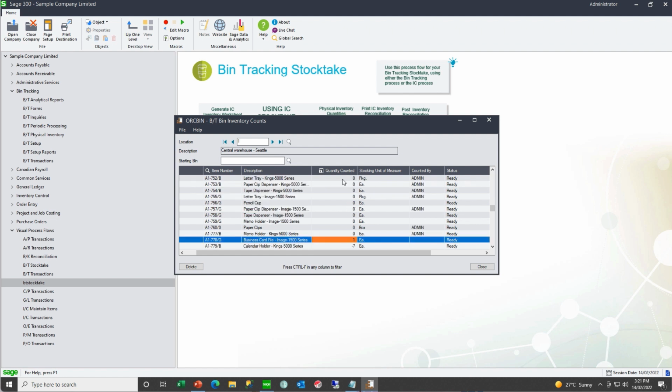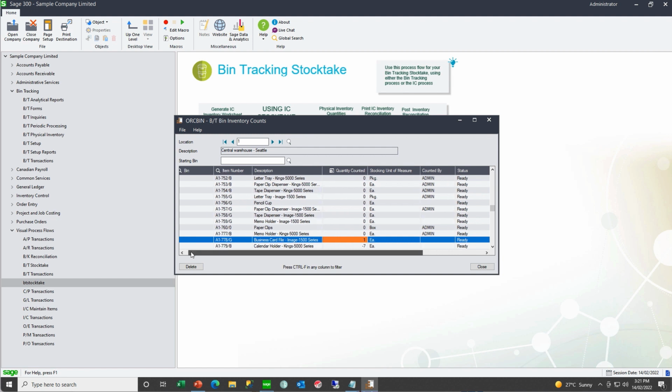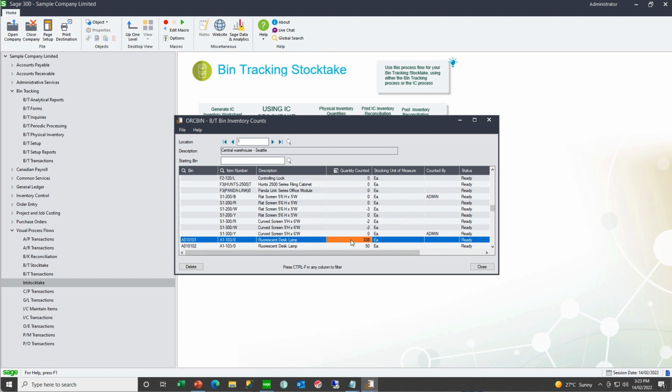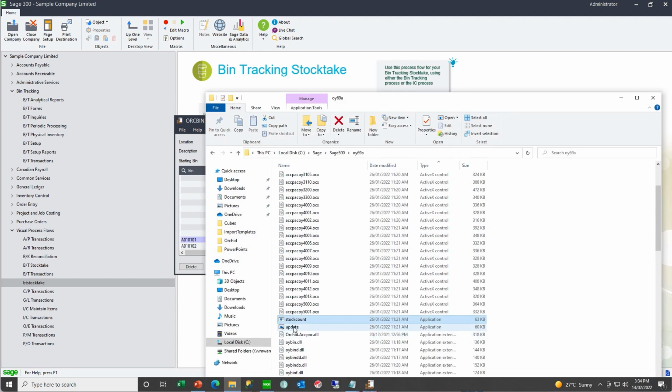And for the positive quantities, this means that IC has more than bin tracking. We would either fill in the bin where we find it, or if we don't find it, zero it out, and that quantity will be written off IC when we update the IC worksheet from this bin count. And then we can adjust the quantities per bin manually, or you can import your stock count using a special